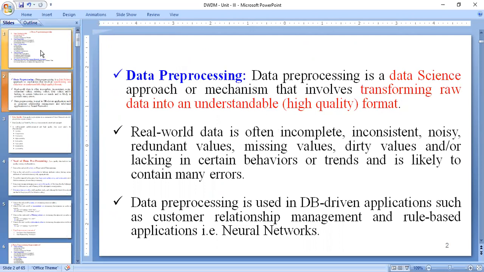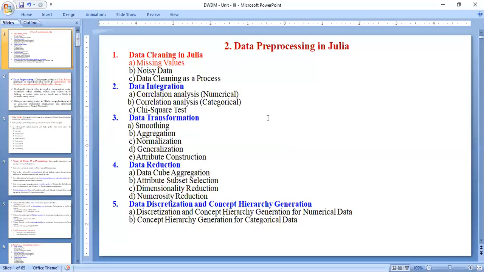This consists of data cleaning, data integration, data transformation, data reduction, and data discretization and concept hierarchy generation.